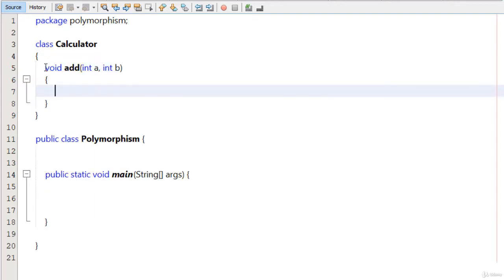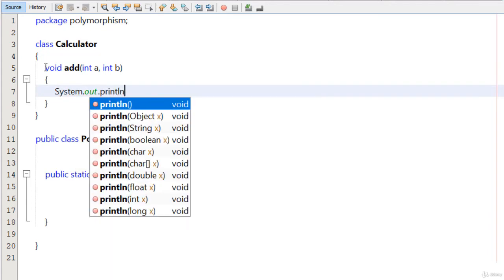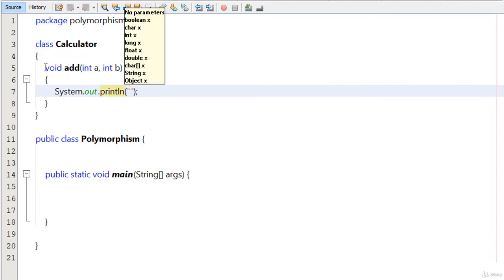Now in the parameter of this function I have two variables, int a and int b, and I'm going to print here System.out.println addition and concatenate a plus b. This is a very simple function that will print the sum of the two numbers that we pass through arguments